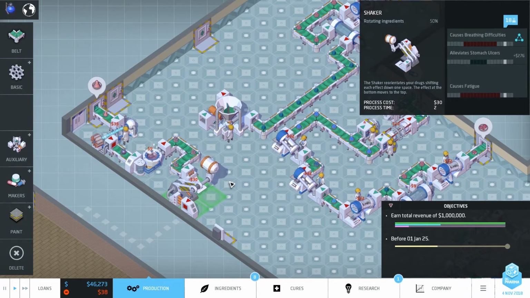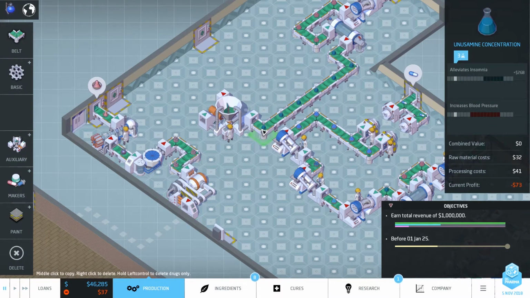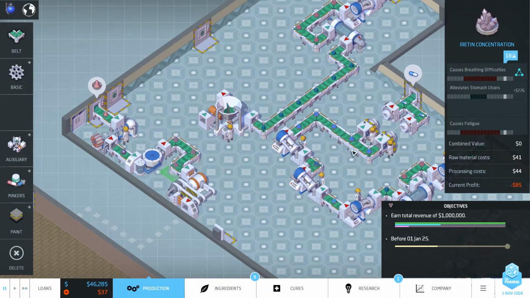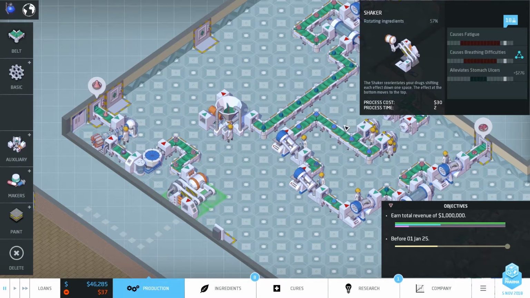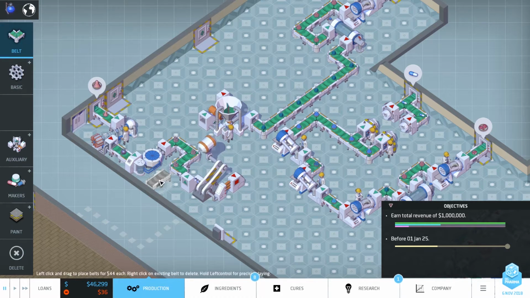Is that we shake this up, and now, as you can see, the slot is shuffling down. And so what happens is that we want the... let's see here. Oops. That did not do exactly what I wanted because